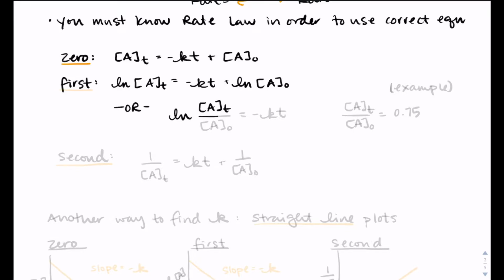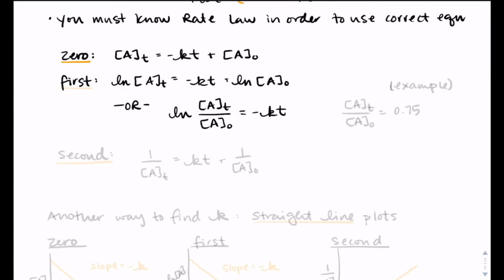So this may be the way that you have to use this, depending on the information that you have. As an example, I have the concentration of A at time t over the concentration of A at time 0, and I have this equal to 0.75. So this is what you would write if, for example, you were told that